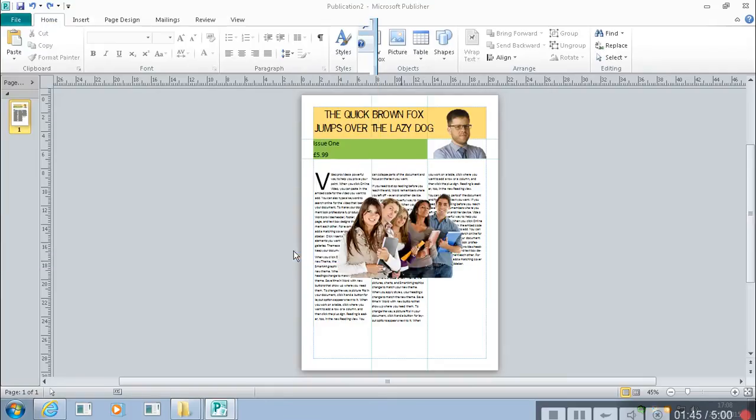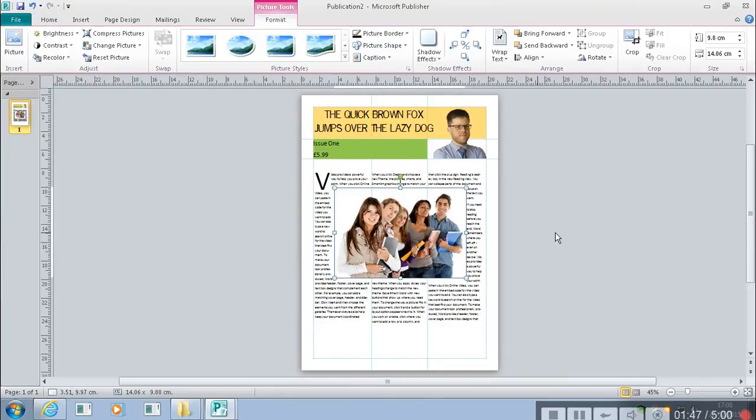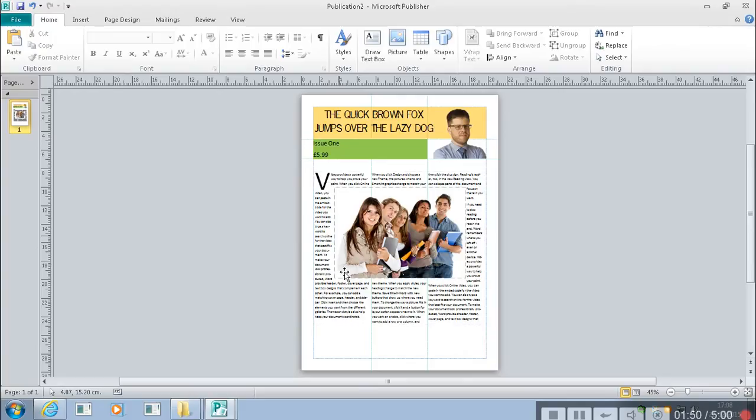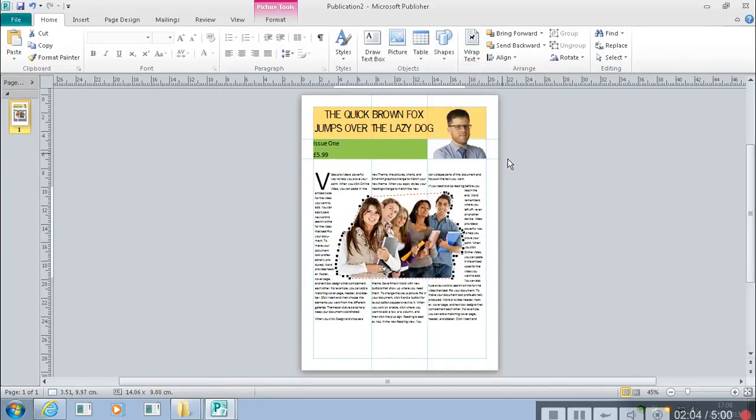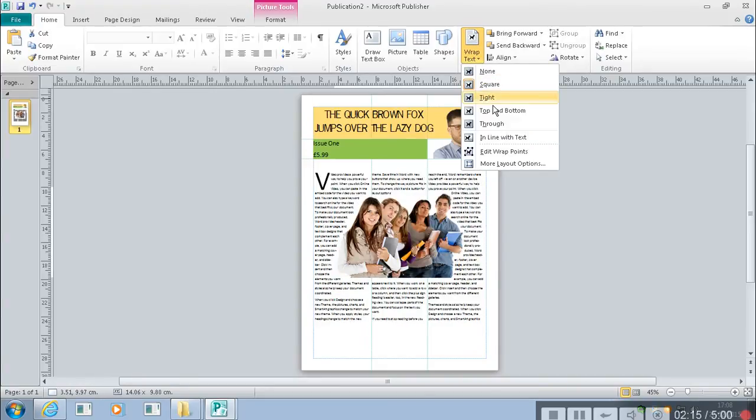I just downloaded. Now what you can see is there's this big ugly white square around my students, and I don't like that. I want it to be a lot more subtle than that. So under wrap text, what I can do is I can say edit wrap points, and because it's a transparent image, it's actually going to find most of these wrap points for me. And now if I select wrap text and tight,